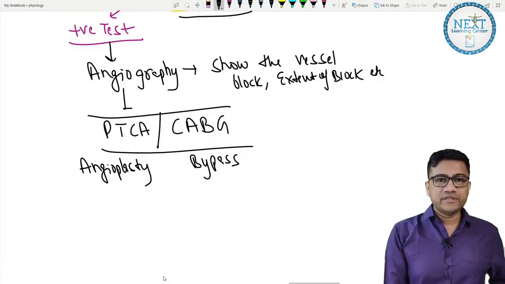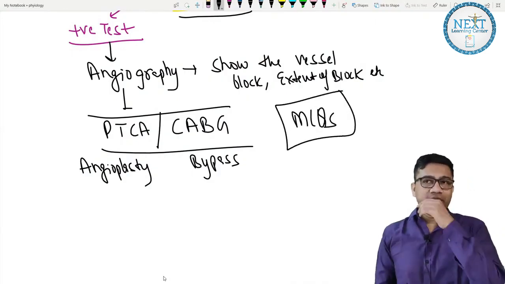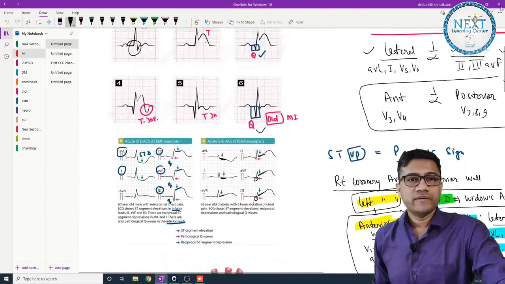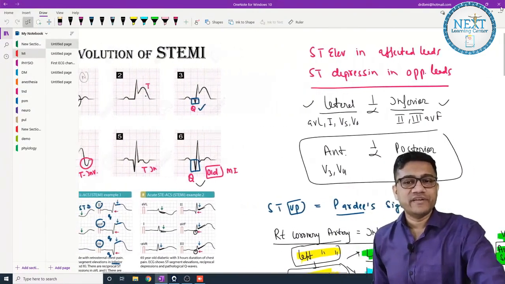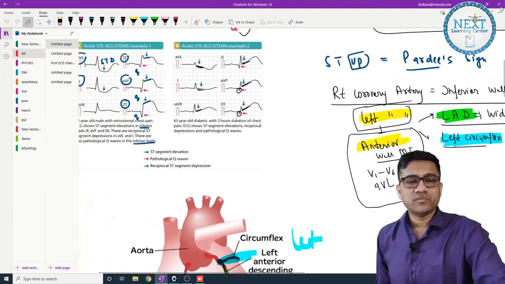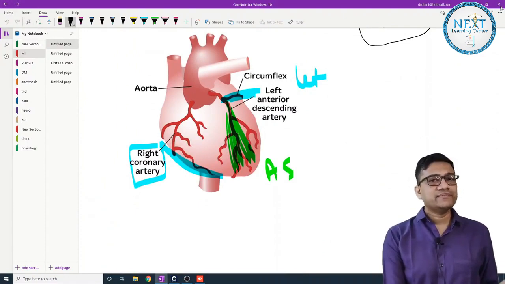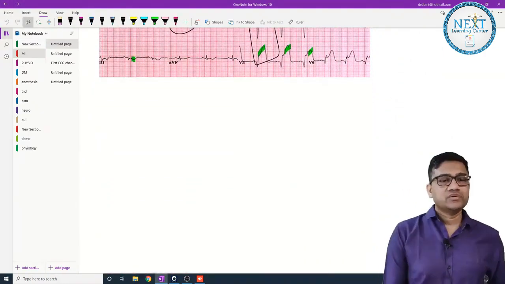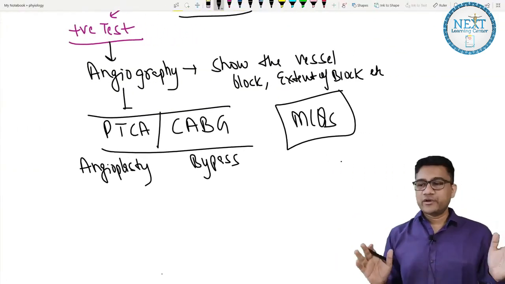In the exam, MCQs will have angiography questions, so we'll do MCQs, okay, clear? The remaining information about the MI changes is here, so you can see all. These are the evolution of MI which I discussed: in the lateral and inferior leads, the ST change is called the Pardee sign. All these were already discussed. These are the three vessels, LAD and the circumflex. Then these are the MI changes, clear? So let's come back. Is it clear to all of you?